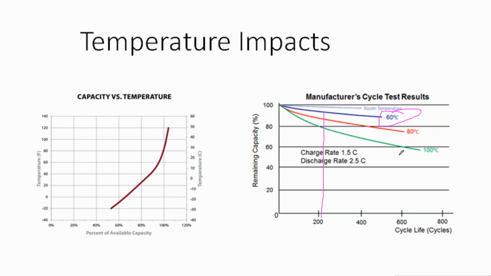One of the problems with the Nissan Leaf was that they didn't put temperature regulation into the battery compartment, saying, oh, well, the batteries will continue to operate at higher elevated temperatures. Tesla, on the other hand, puts temperature regulation into their batteries.